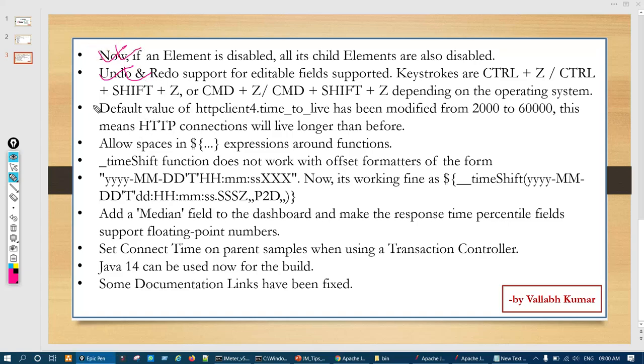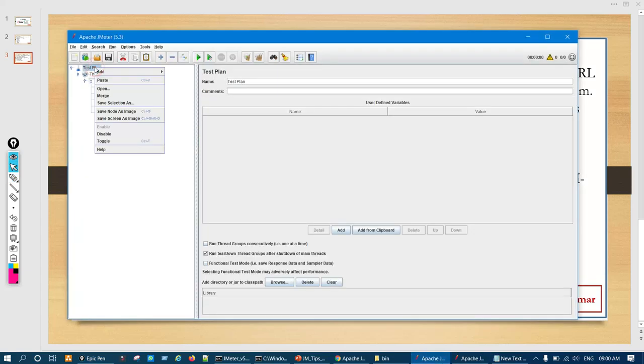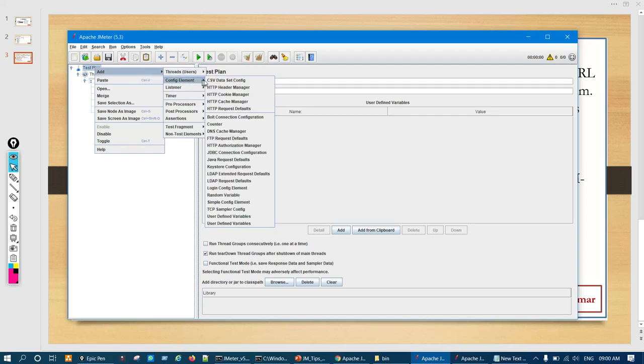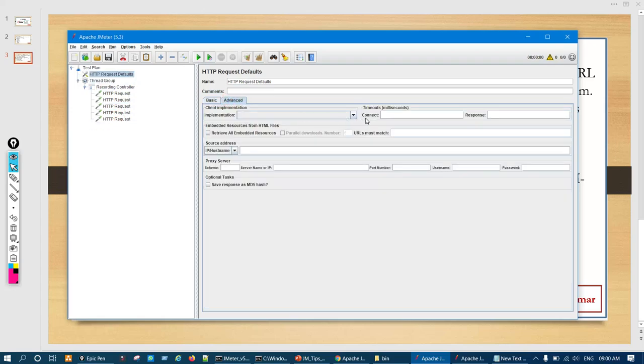Then the default value of the HTTP client 4 time to live has been modified. In HTTP request defaults, under config element, we have implementation in the advanced tab here. In that, the HTTP client 4 option is there.